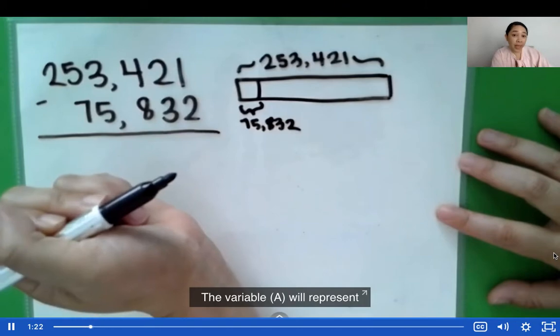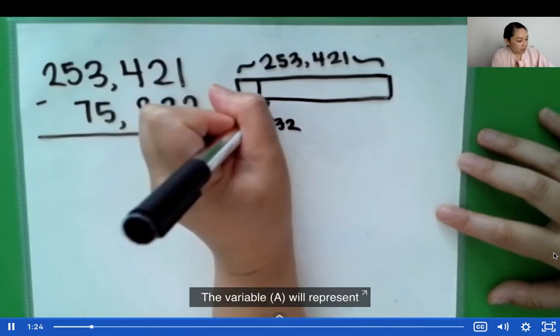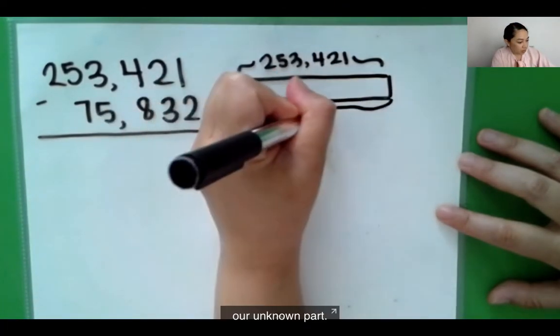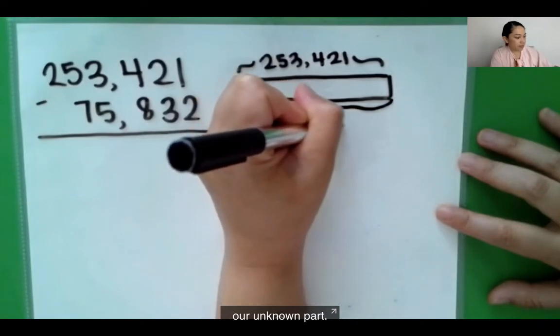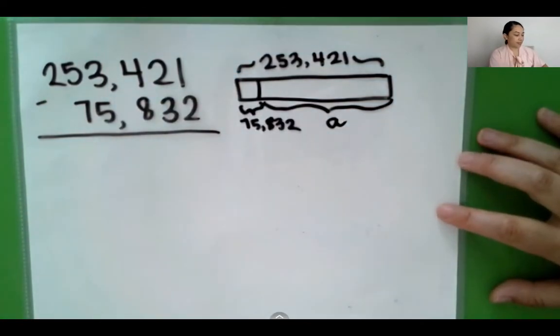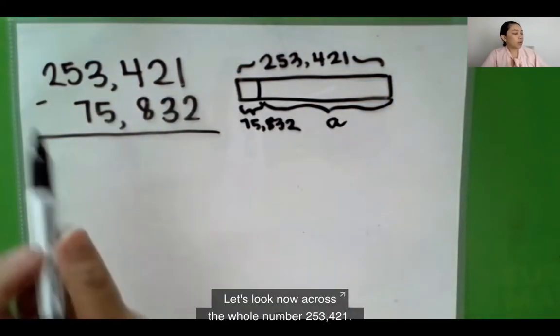The variable a will represent our unknown part. Let's look now across the whole number,